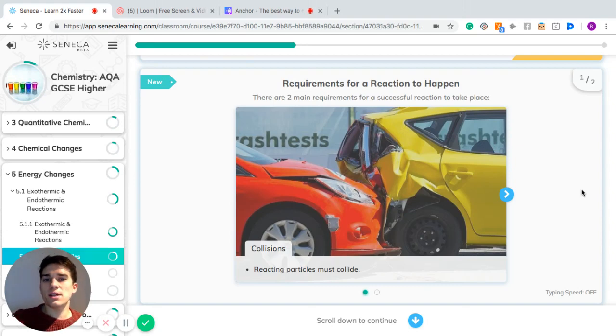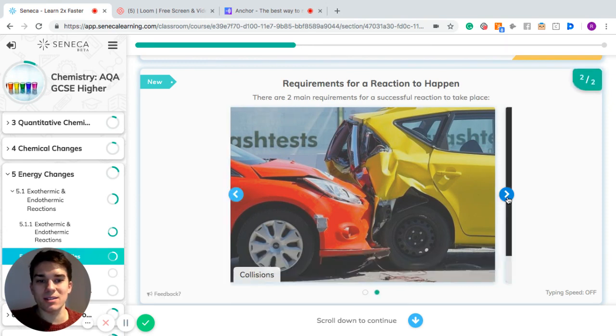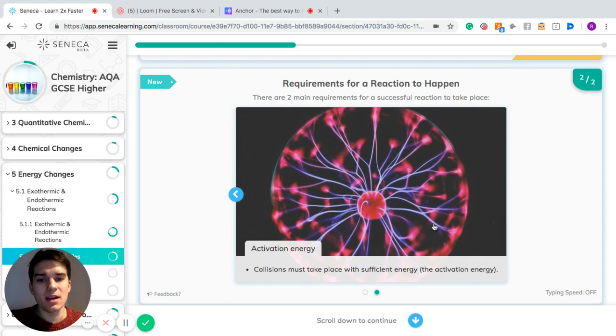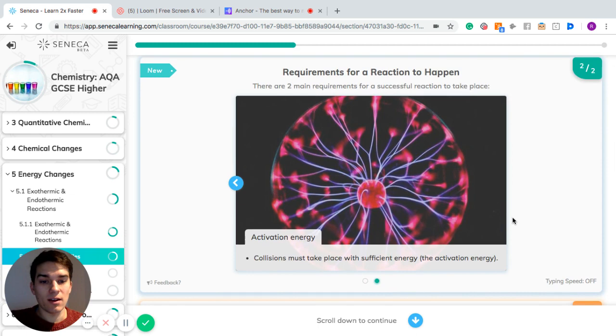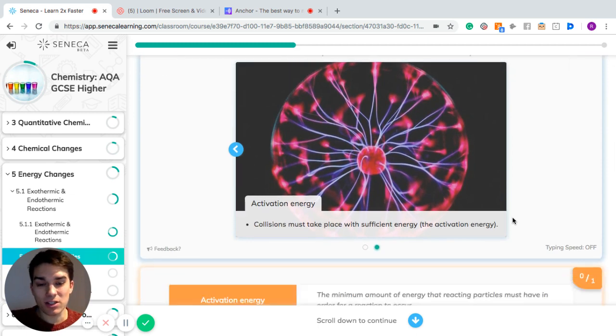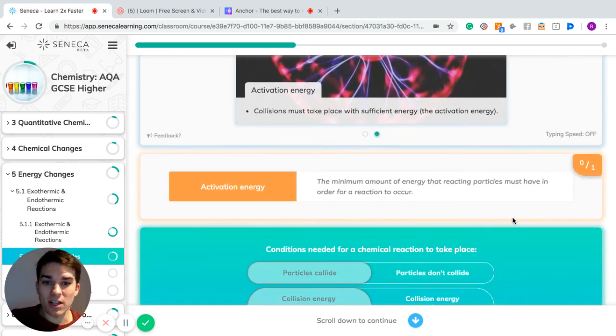Reaction profiles: there are two main requirements for a successful reaction to take place. Number one, a collision, so reacting particles must collide together. And the second one is the collisions must take place with enough energy, which we call the activation energy. So the activation energy is the minimum amount of energy that reacting particles must have in order for a reaction